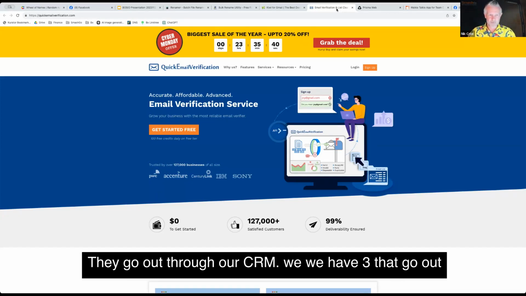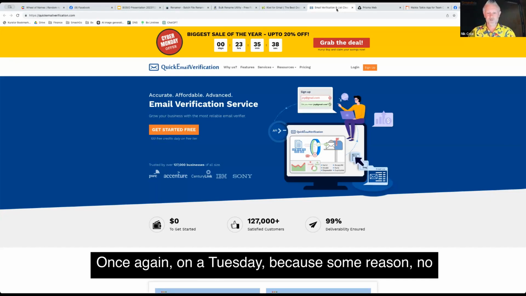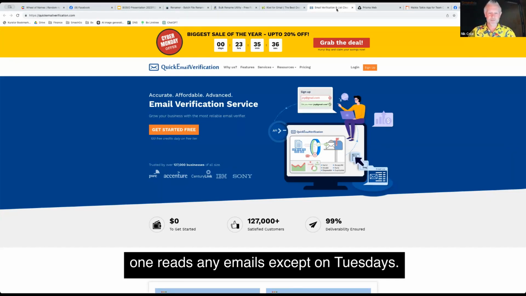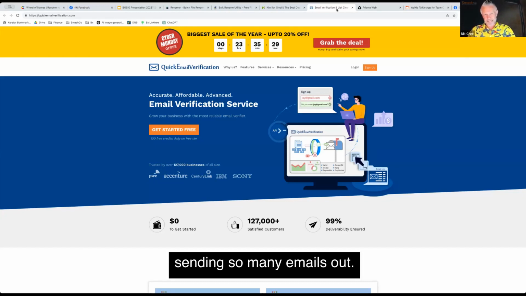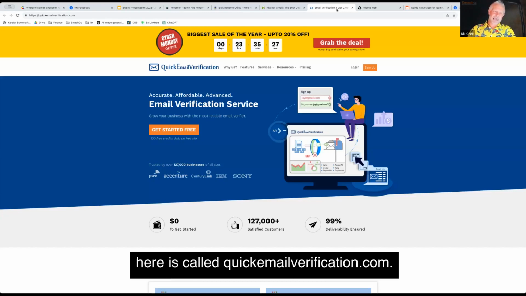We have 3 that go out on a Tuesday. Why does it go out on a Tuesday? Because for some reason, no one reads any emails except on Tuesdays. And so we've got to keep our reputation up because we're sending so many emails out. This particular app here is called